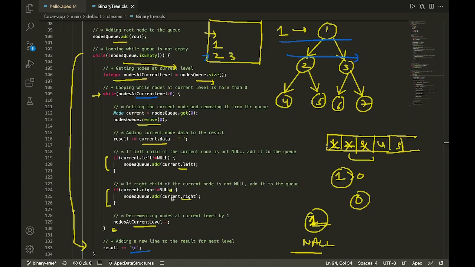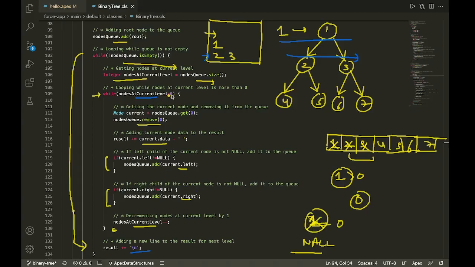If that's true, add them to the queue. So 6 is added and 7 is added to the queue, right? After that, nodes at current level is decremented again, and this time it's 0.